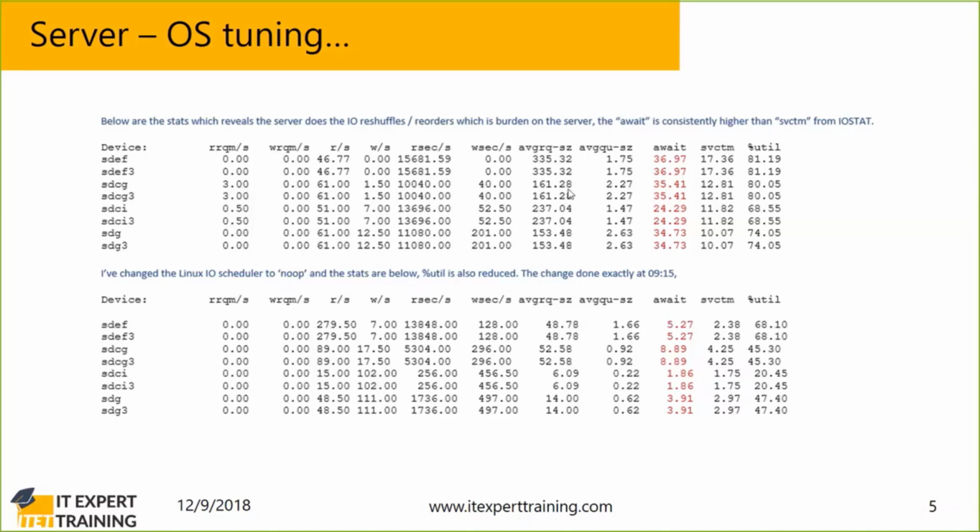This will be challenging and quite interesting if you really have a heavily loaded server. The benefit may not be seen on a lower-end server, like if the database size is 30 gig, 50 gig, 100 gig, of course you will not be able to see it. The real benefit can be seen if the database size is more than 1 terabyte, and you have a kind of mixed workload like OLTP as well as data warehouse. You will really see the benefit of it.